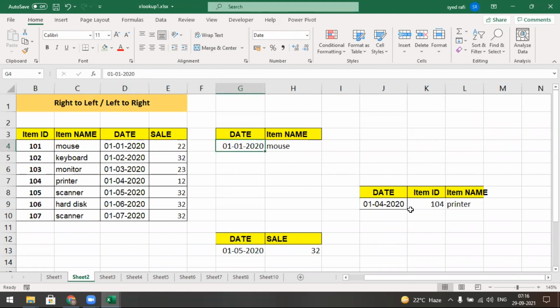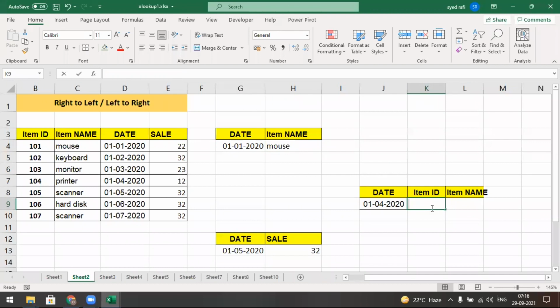And another important point is here: from left to right or right to left, you retrieve only one column, but here you may retrieve more than one column by giving only one function.